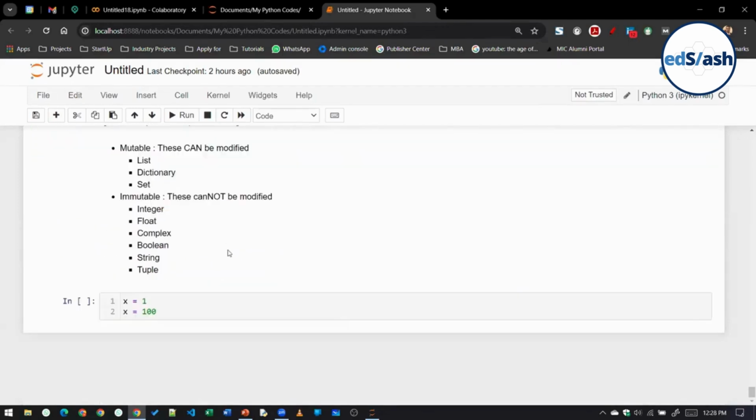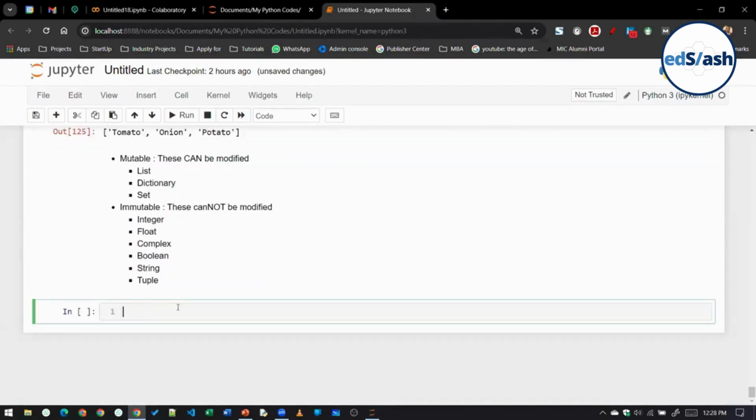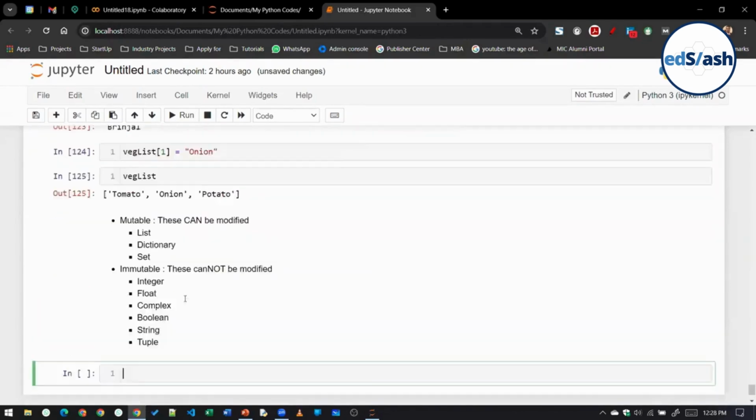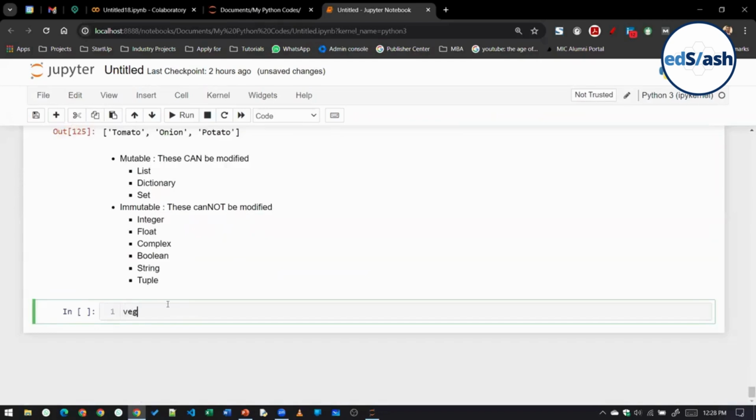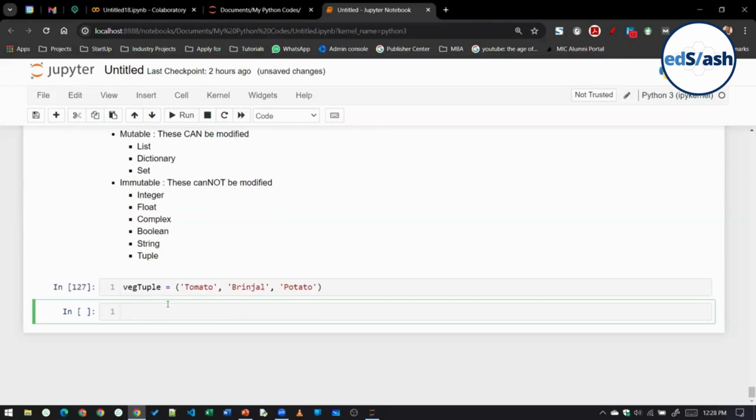Okay, so let's move forward now. I was talking about tuple, right? So now I will create the same thing. I will write here wedge list. Now I will write here wedge tuple, same data, but in parentheses. Round brackets are called parentheses. Now if I write here wedge tuple,